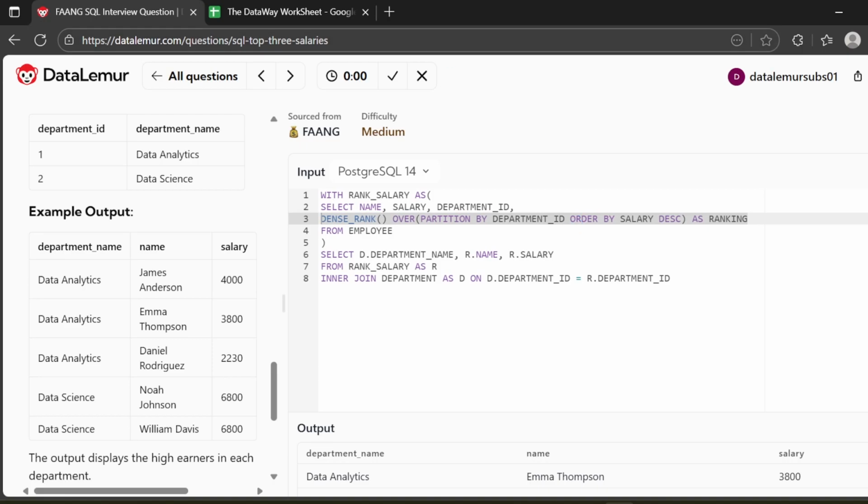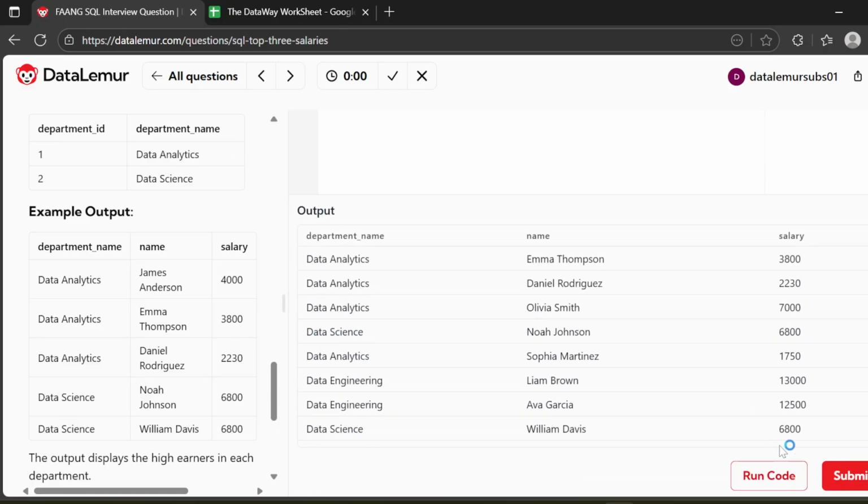Okay, and what should be the filtering for the rank? We saw that in the earlier instance, where we had 1, 2, 2, 3 and all that, right? So basically we need to get 3 ranks. Okay, 1, 2 and 3, irrespective of how many rows are sharing the same value. So we need to get the ranking of 1, 2 and 3. Okay, so to do that, I'm going to say where ranking, which is this column that we created with dense rank, ranking is less than or equal to 3. And now when I run this,